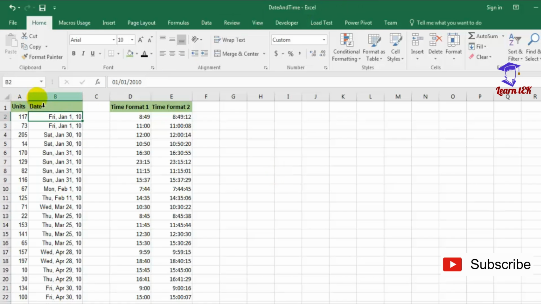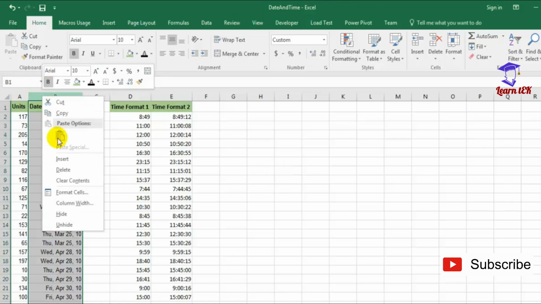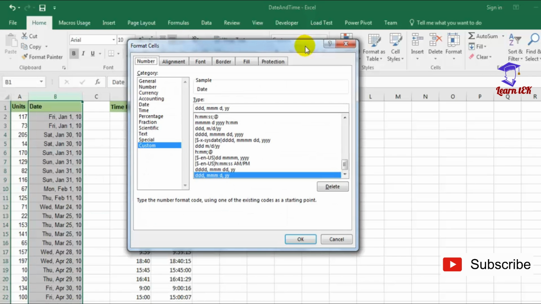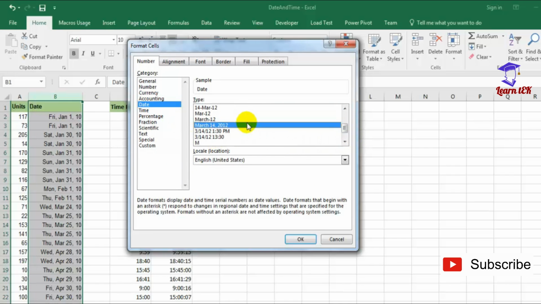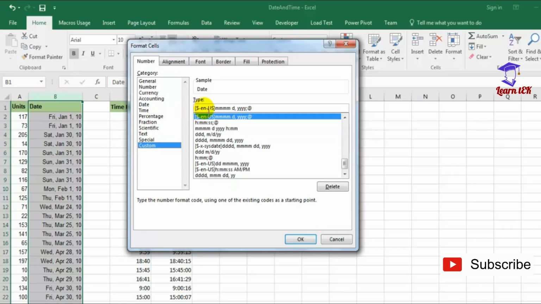I will again select the column B, right click, format cells, and now we have this custom date format which we have already chosen. So I will go back to the date category and select another one. So I will just use March 14, 2012 format, and I will then go to custom format.